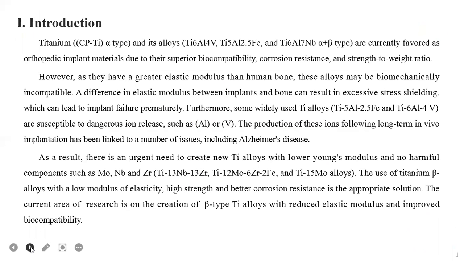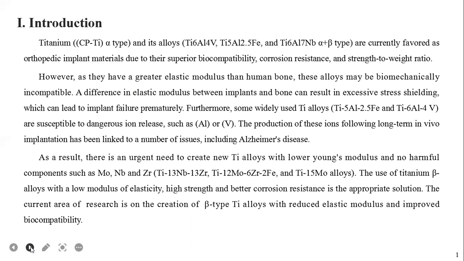Titanium commercially pure alpha type and its alloys, alpha plus beta type, are currently favored as orthopedic implant materials due to their superior biocompatibility, corrosion resistance, and strength to weight ratio. However, as they have a greater elastic modulus than human bone, these alloys may be biomechanically incompatible. A difference in elastic modulus between implants and bone can result in excessive stress shielding, which can lead to implant